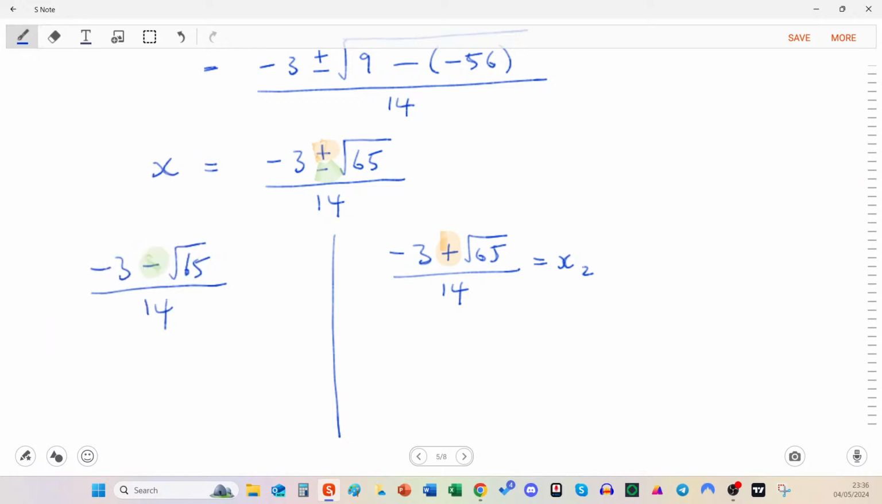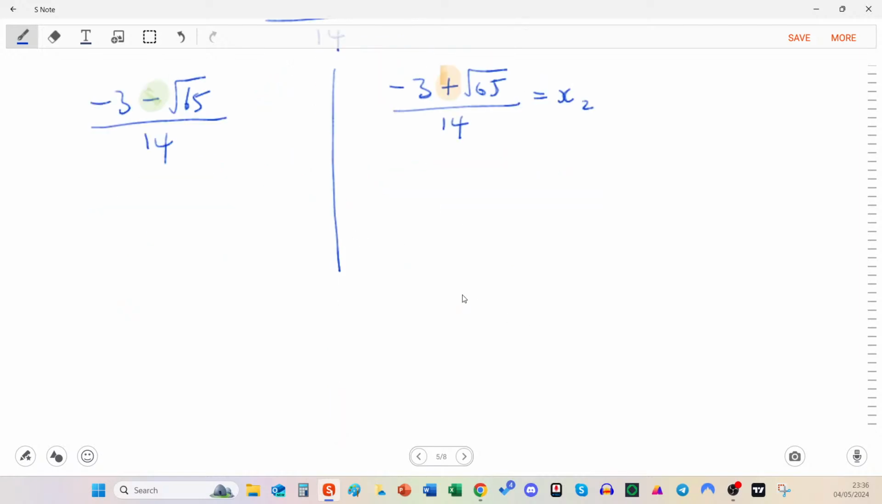All right, so put this in a calculator and then find out what we get. This, by the way, is x1. Shouldn't take too long. Minus 3 minus root 65 divided by 14. And it's going to give you a decimal. Well, it actually depends on your calculator, right? Yeah, it depends on your calculator. But mine is giving me